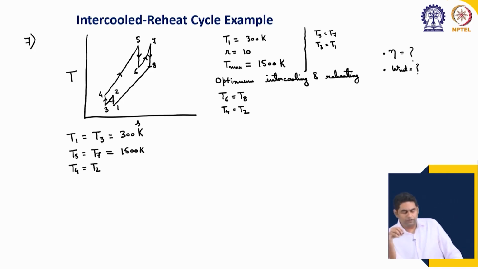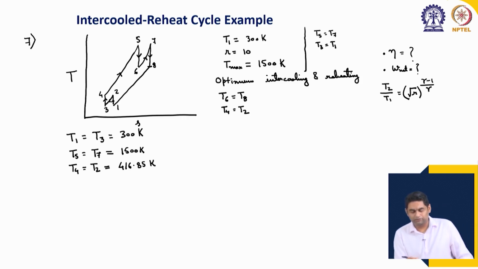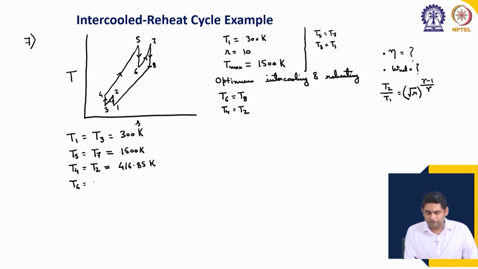Okay. So, for the intercooled cycle, we know that T2 by T1 is equal to root of R, for the optimum condition, root of R to the power gamma minus 1 by gamma. So, if you solve this, you will get a value of T2 equal to 416.85 Kelvin. You can compare this to the simple intercooled cycle, you will see that this is the same value. So, T4 is also equal to 416.85. Okay. And we know that Tc is equal to T8, T6 equal to T8,